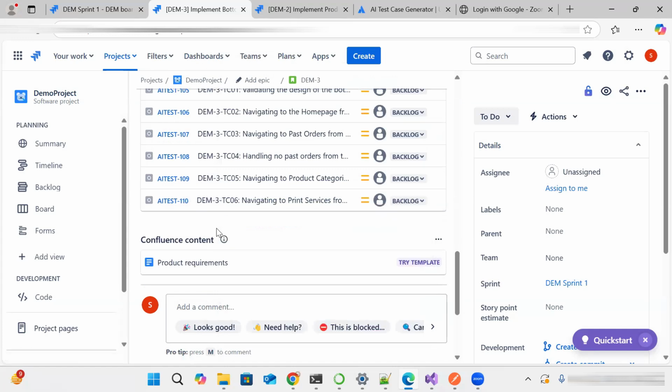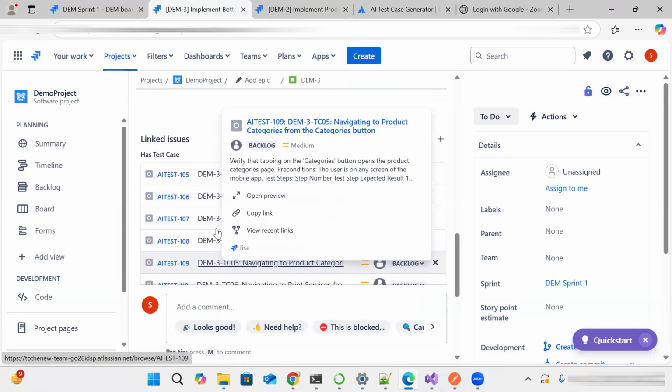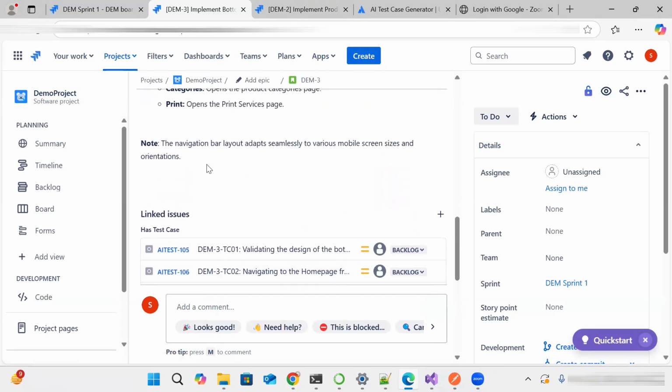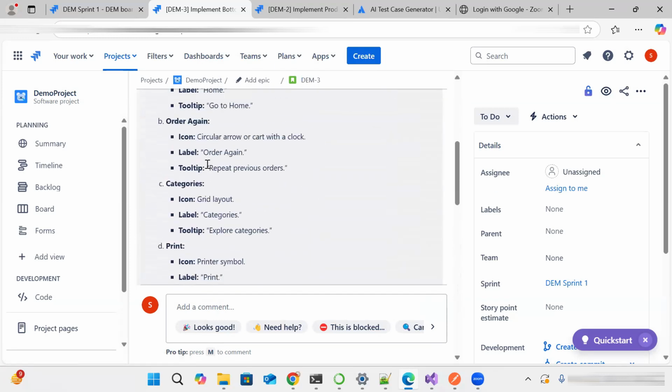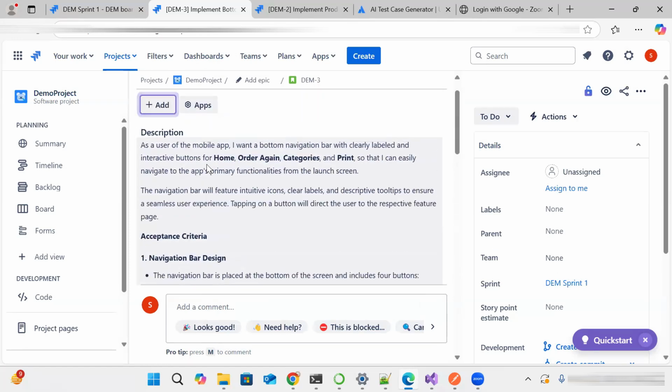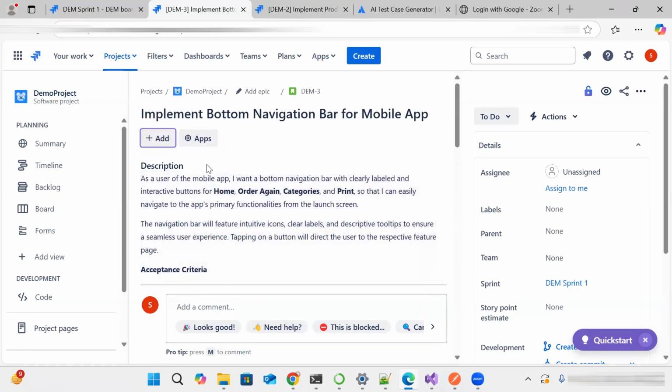So it is again creating the test cases, and this time I feel that it has created sufficient test cases, maybe because it is not a totally functional story. It is basically a UI story for building the bottom navigation bar. That is the reason. Personally, I believe that if some story requires critical thinking for creating the test cases, we have to spend some time creating those test cases,